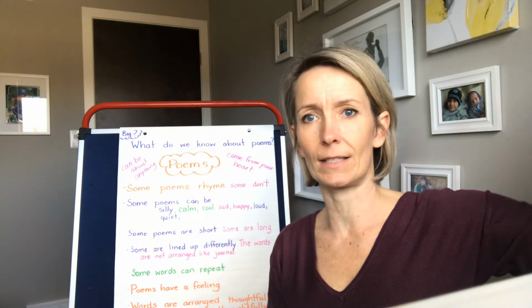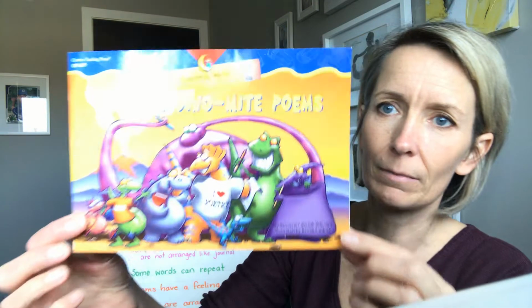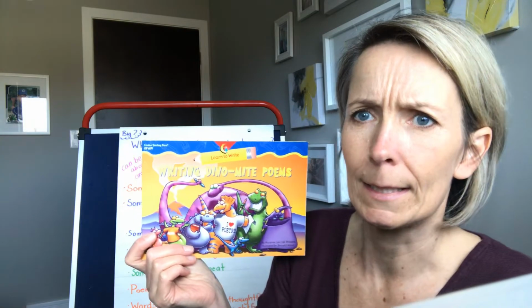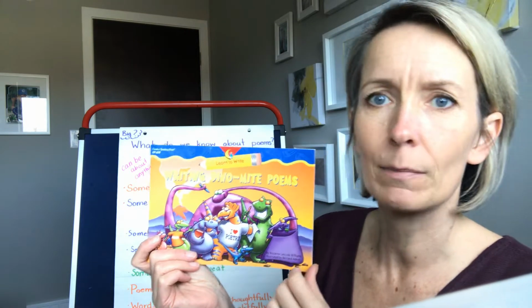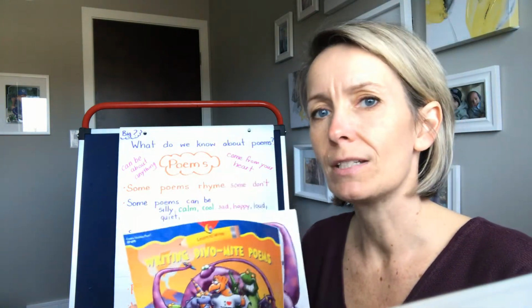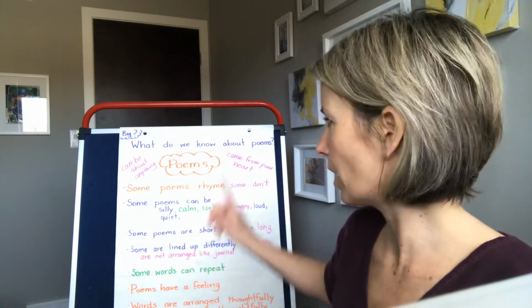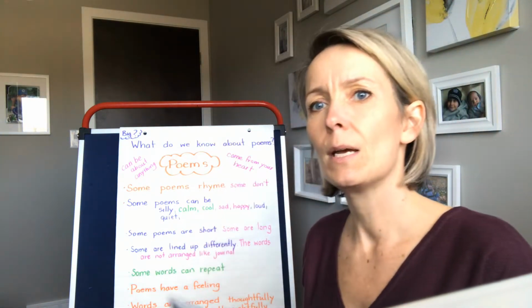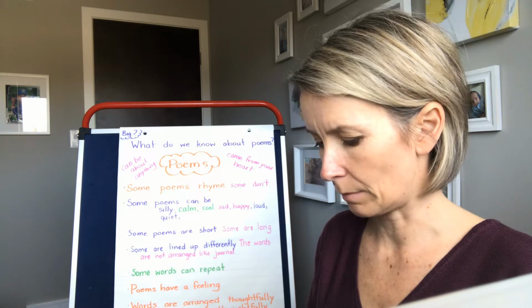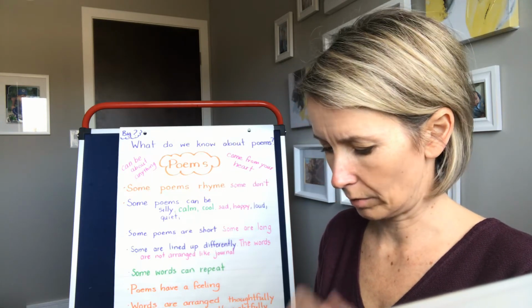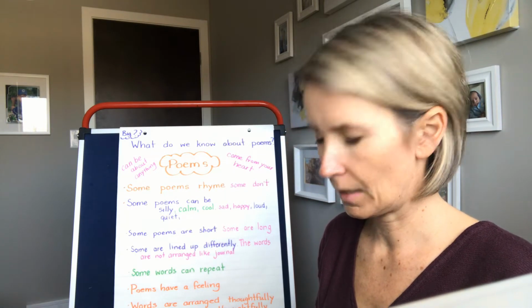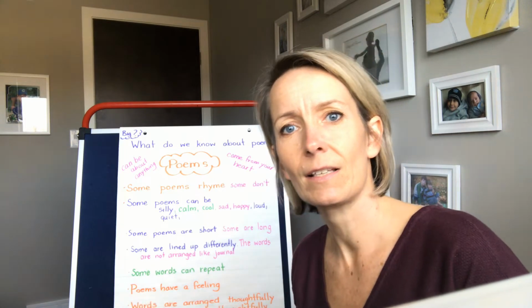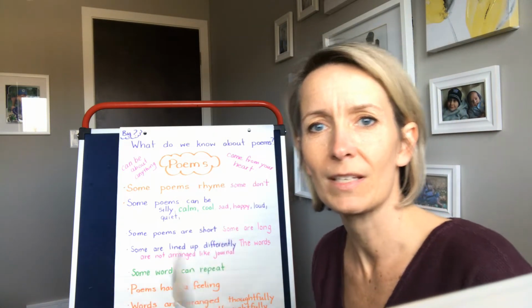Today's poetry lesson. I want to read to you from this little mini book called, ooh, that's a shiny page, Writing Dynamite Poems. How do we write dynamite poems? Well, did you know that there's actually different kinds of poems? We know a lot of different things about poems, but there are lots of different kinds of poems to think about. So in this story, I will read to you some of the different kinds. It's funny because actually Paul in his classroom is learning about different kinds of poems from his teacher too, so that's kind of neat.